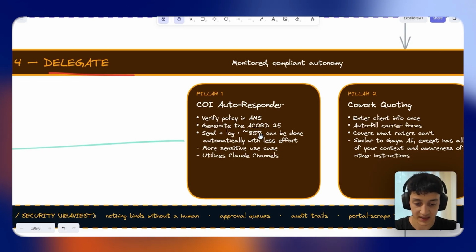And for 85% of the cases, it can be done fully automatically with little effort, but this does not mean that it should be done autonomously. The way a lot of these setups should work, and most of them should not be fully autonomous, is a human in the loop setup. And the way this works is you can delegate pretty much all of the work to Claude. 85% of COI cases can be handled with just Claude, but you don't want the danger that comes with compliance,